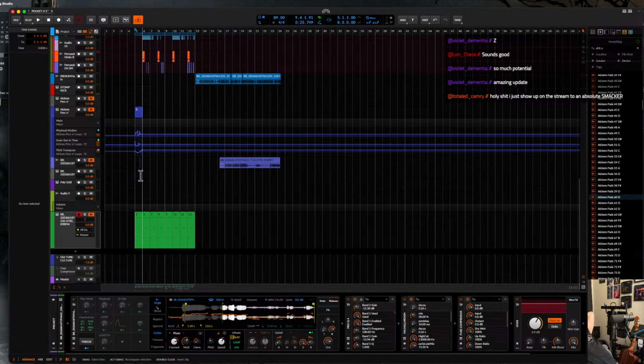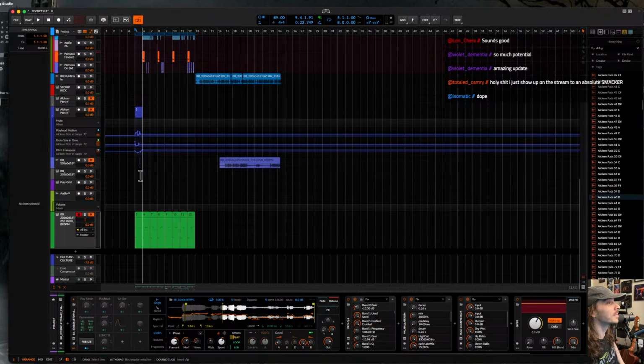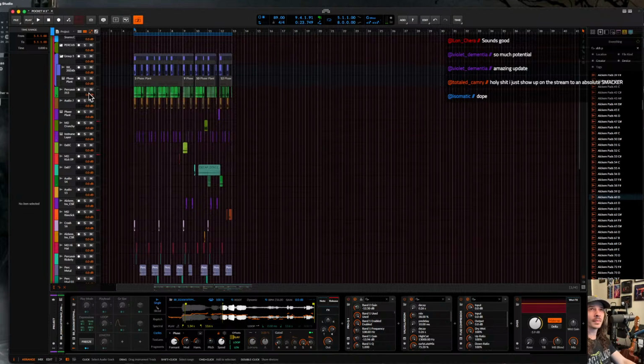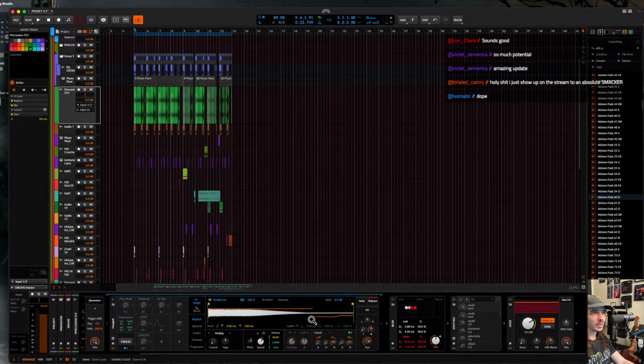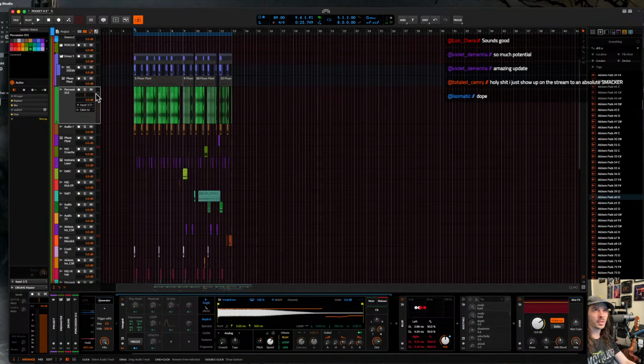Oh shit. What's up, Camry? Yeah, that's pretty nice. I still want this to have a little bit of some other stuff to it, but